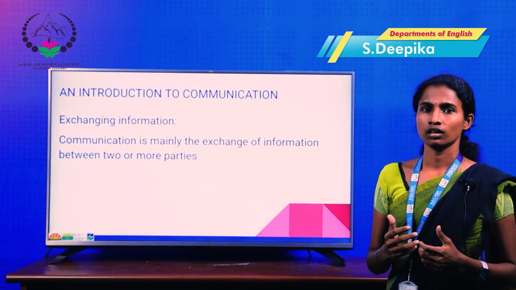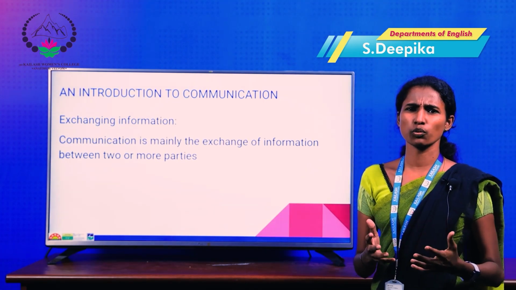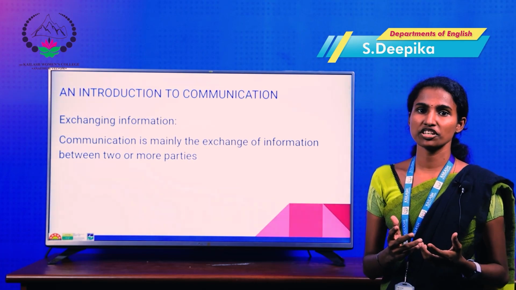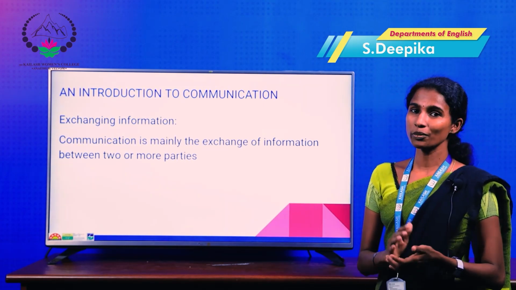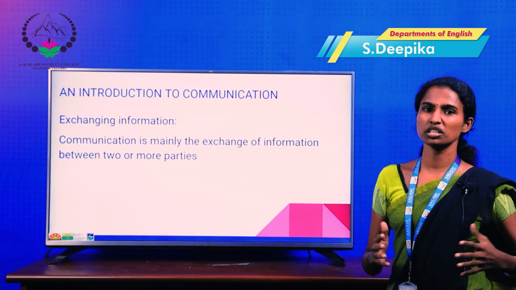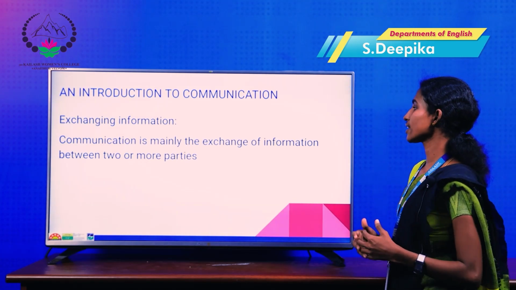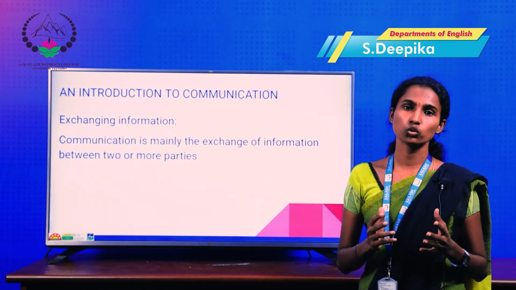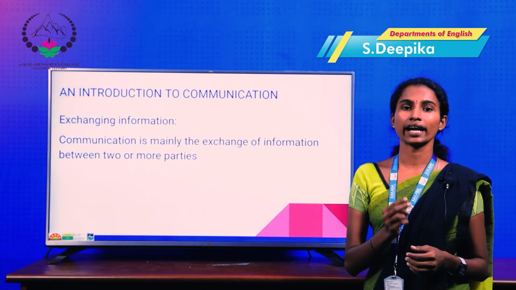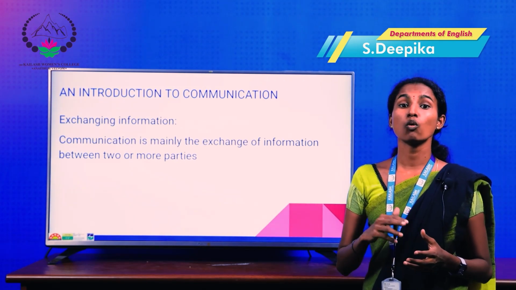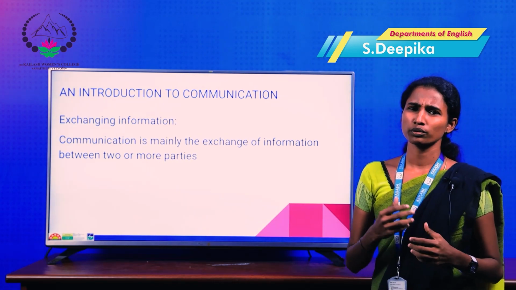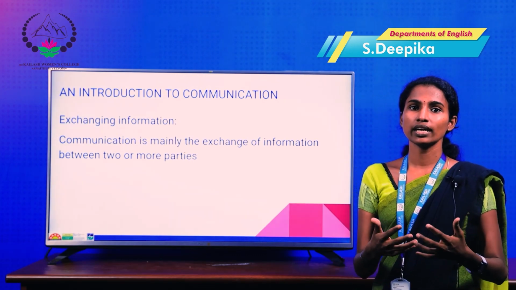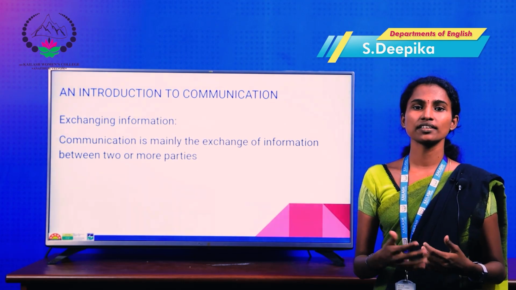Basically, we have doubts and everyone has their own opinion about communication. So everyone has their own definition of communication. Here, the common definition is exchanging information between two persons, right? So communication is mainly the exchange of information between two or more parties. That means two or more persons. So communication requires two individuals or more, whether in front of a group, a person or a crowd. So if you are communicating, you are just sharing the information with them.